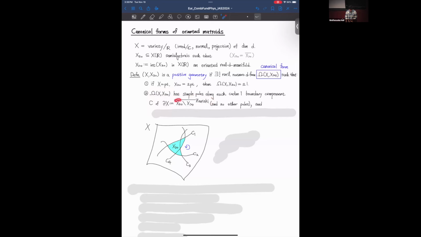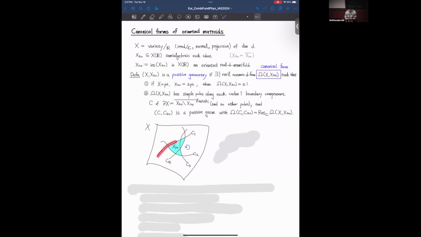So what do I do? I'm looking at the non-negative region, take out the interior, and consider the Zariski closure, not the real closure, the Zariski closure of that boundary. And in that boundary, I'll have a bunch of codimension 1 components. Like in this picture, this will be the real boundary, but then in the Zariski closure, there are many of these curves. And the condition is that first, the canonical form has simple poles along each of these boundaries and no other poles anywhere else. And most importantly, here is the recursive structure, which is that when I look at any of